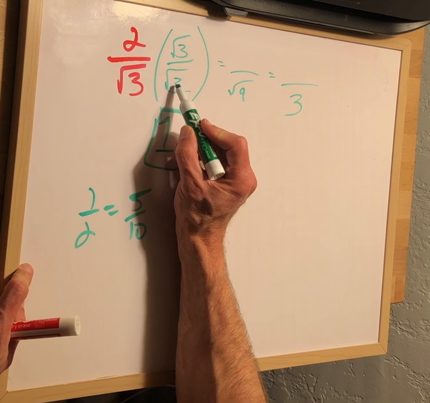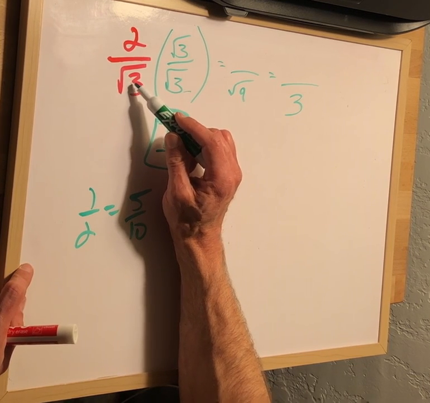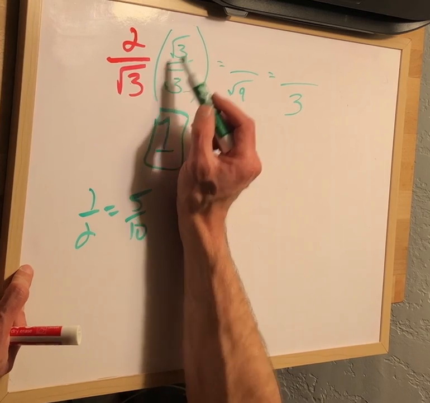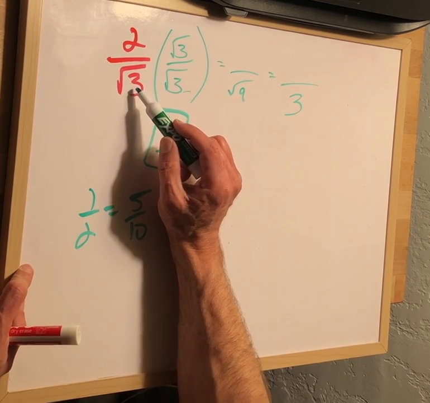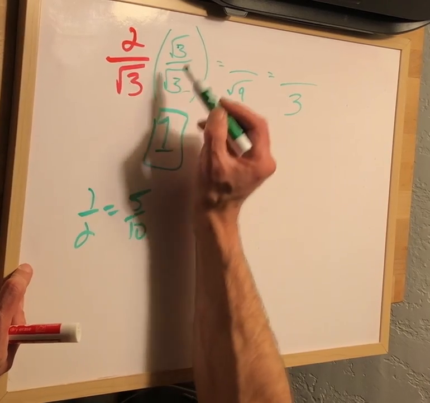The reason why we're multiplying the bottom by root 3 is because this is a root 3. If this was a root 12, we'd multiply the bottom by root 12 and root 12. If this was the square root of 2, we would multiply by square root of 2 and square root of 2. Whatever the denominator is, that's what you're multiplying the top and the bottom by. Now look,